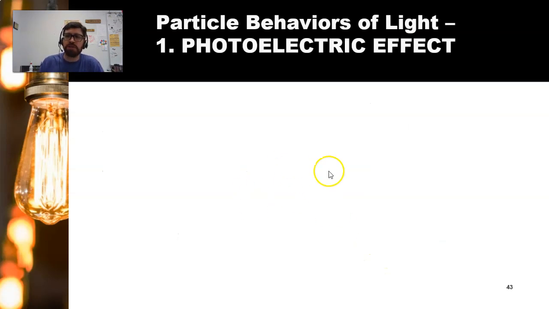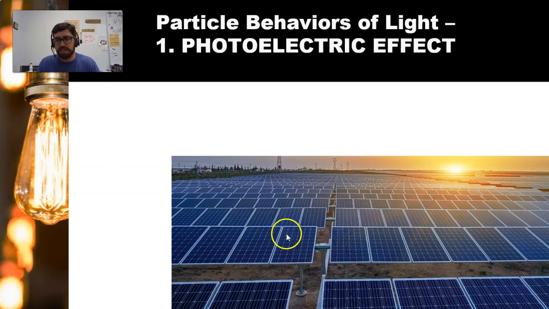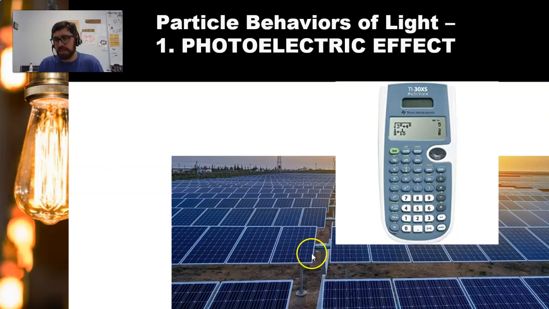You are probably most familiar with the photoelectric effect in stuff like this or stuff like this. This is how we generate electricity through solar energy. That's how we get solar power. These solar panels are made up of a special kind of metal that basically when light shines on it, it causes electrons to flow, particularly to one terminal, and that's an electric current. We're building up electric charge, and we deliver that electric charge to batteries to be stored for later. And so the photoelectric effect is the first particle behavior of light that I need you to know.